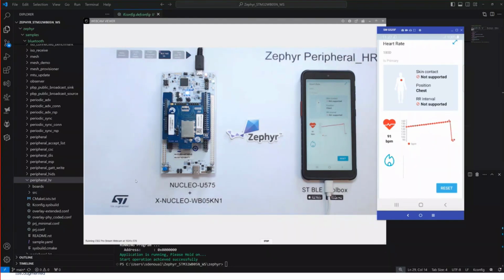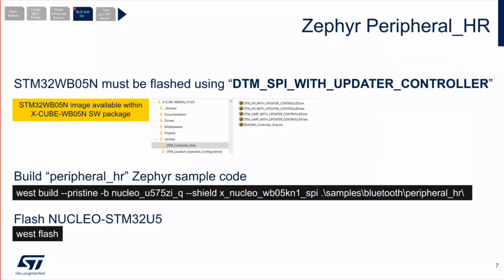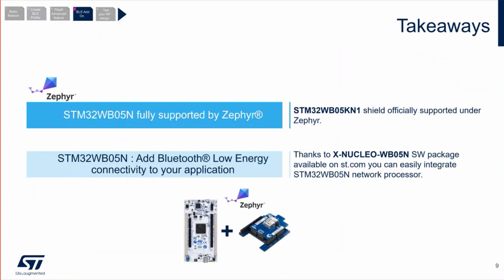As you can see, thanks to the official support of the WB05N under Zephyr, we have been able to use this WB05N as a controller in a very easy manner. With Zephyr it's quite easy because it's already supported. And as you can see, we didn't open any code for WB05N. We simply used the provided binary image.